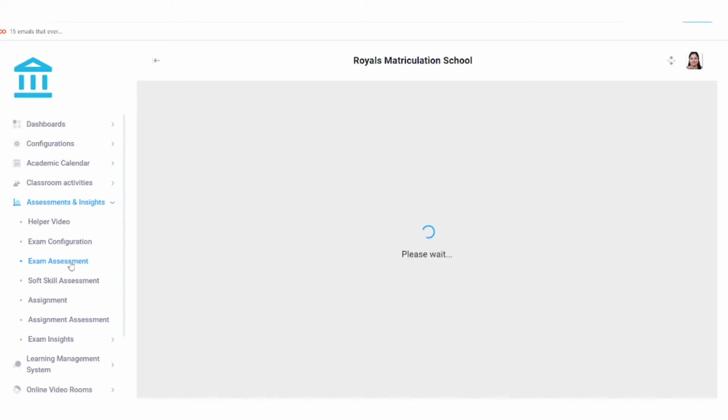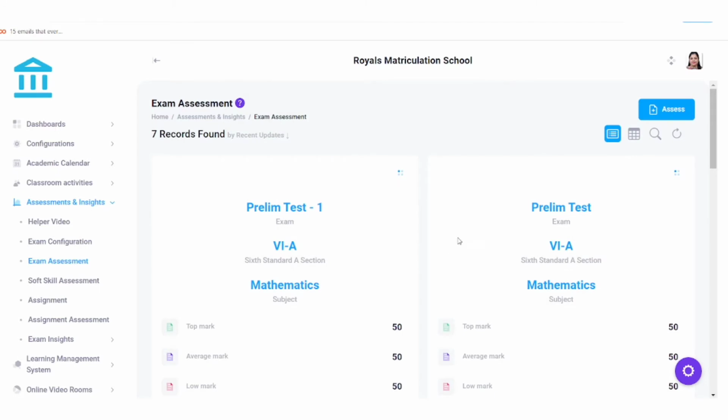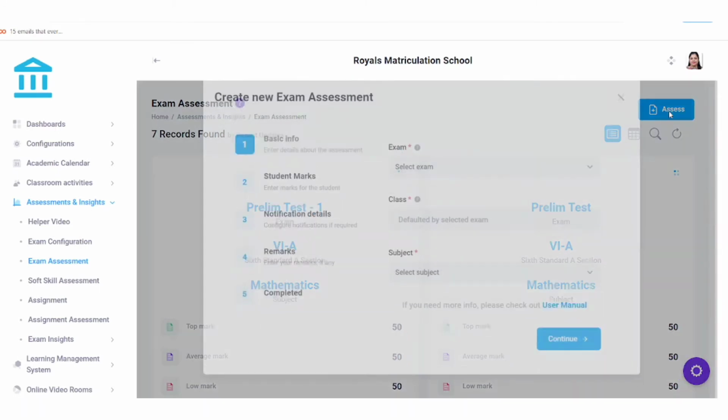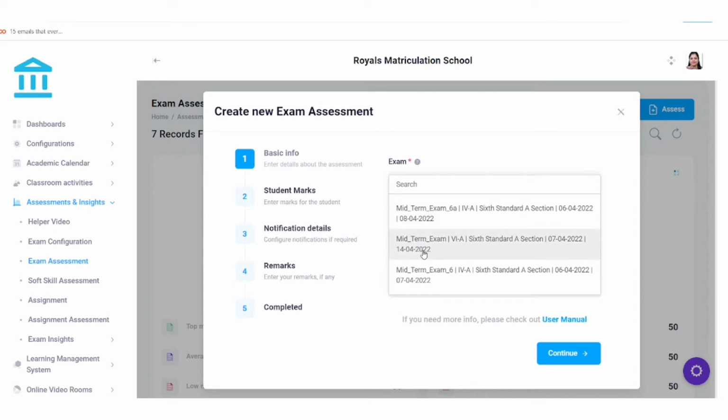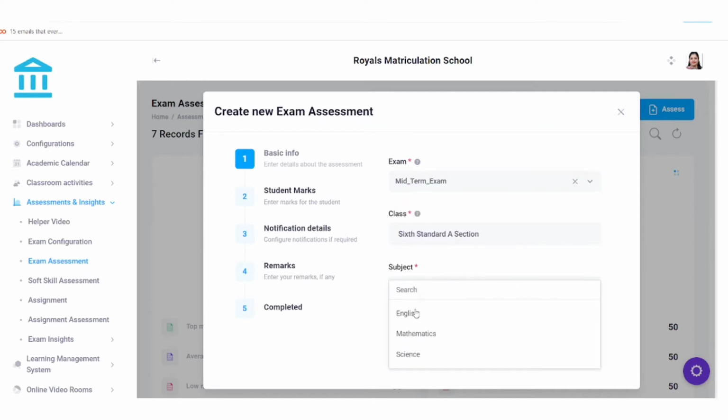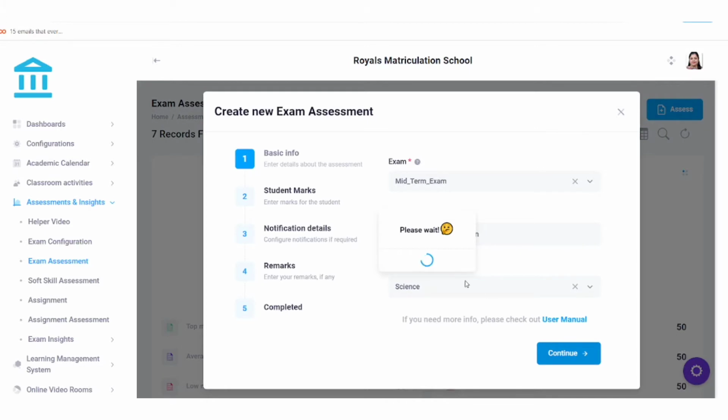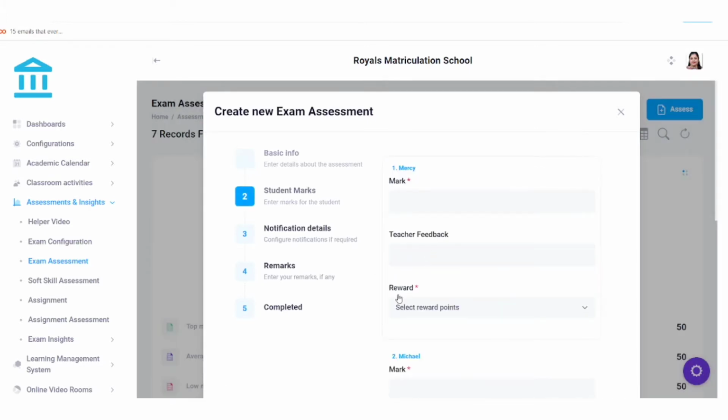So once an exam is done, if you want to evaluate it, this is where reward points work. So you need to click on Assess. A pop-up screen appears wherein you need to select the name of the examination, select the subject, click on Continue. Now you can see the details of the student appears automatically, where you get to enter the marks, the feedback,